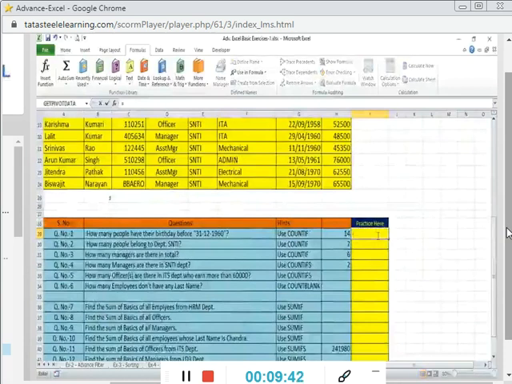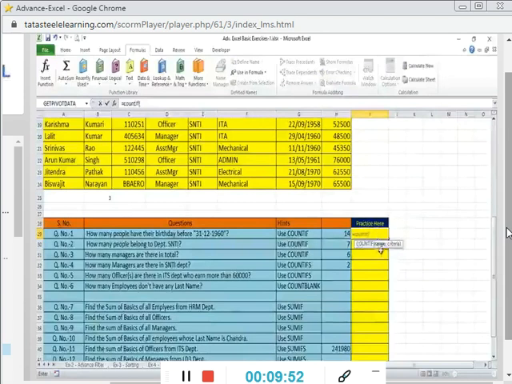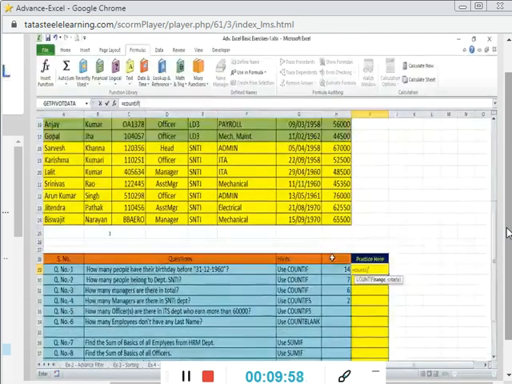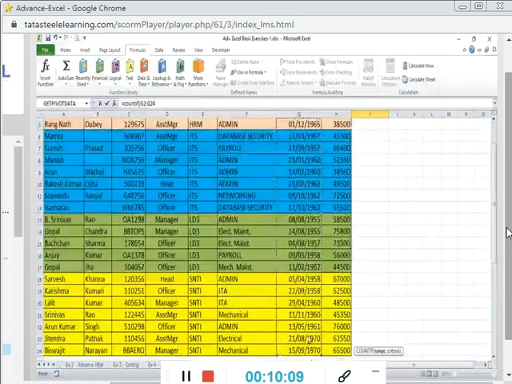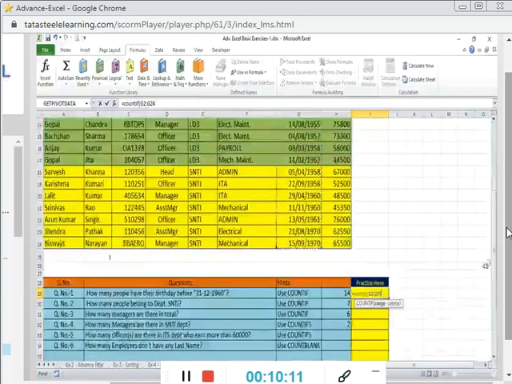So we will write equal to COUNTIF, and will open the bracket. It is telling you to select the range. So the range will obviously be the database range. This one. So select from here to here. If you will create the name, you can use that name. But since we have not created the name, so we will use this range.